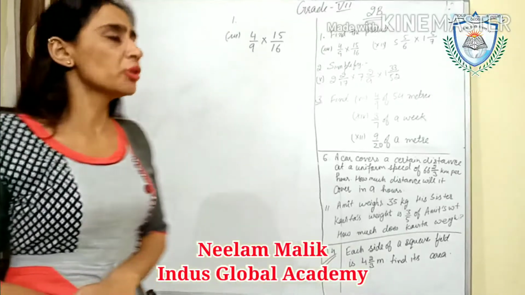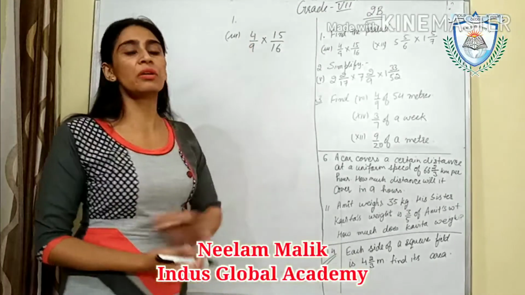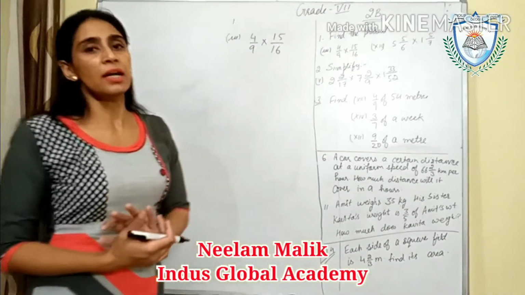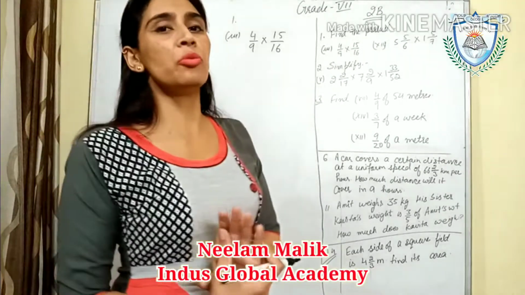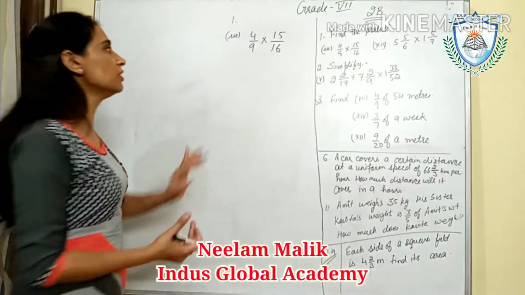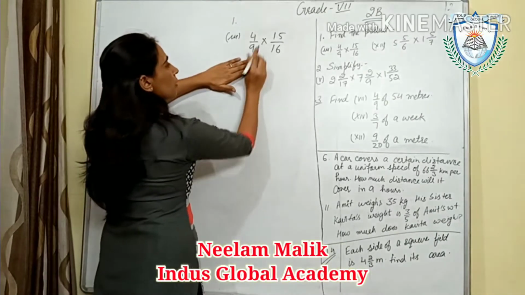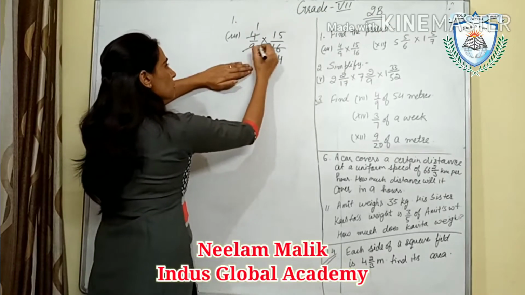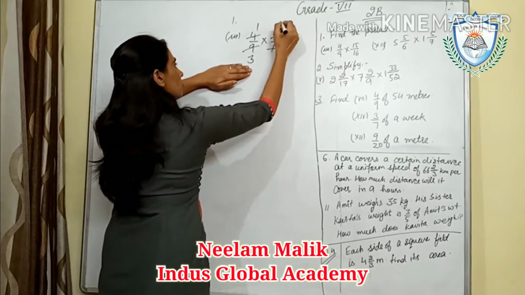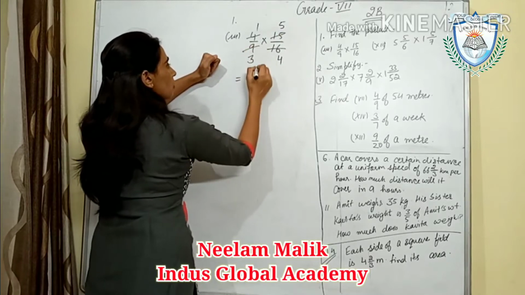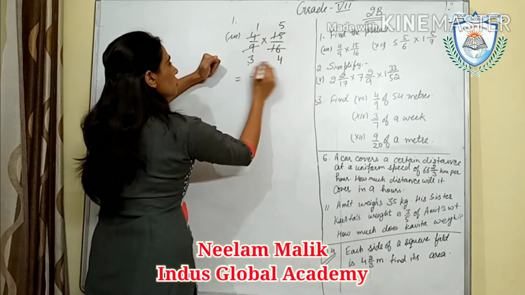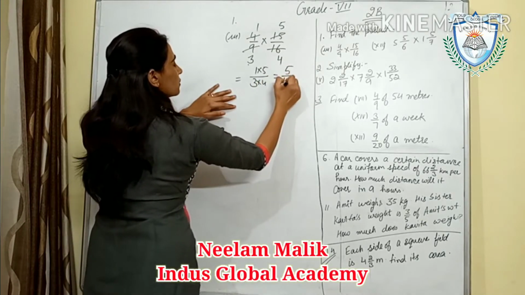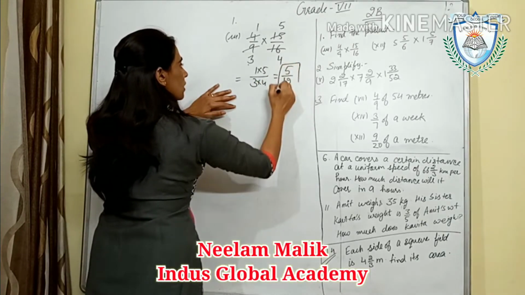Okay, so in the product, first we check whether the numerator and denominators are cutting or not. If they are cutting, we will cut that. Otherwise, we will multiply numerator with numerator and denominator with denominator. So here, 4 1s are 4, 4 4s are. This is 3 3s are, 3 5s are. Now what is left? 1 into 5 upon 3 into 4. So 5 1s are 5, and this is 12. So this is our answer.